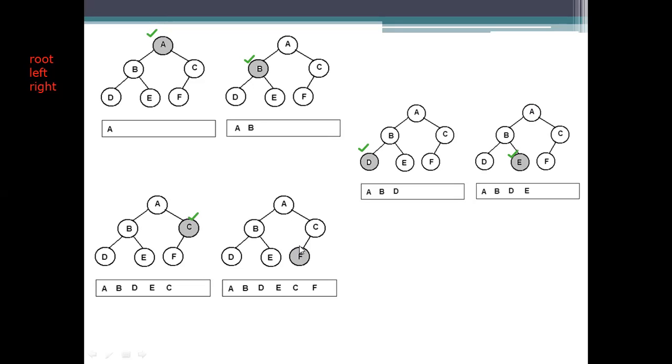So the order of evaluation here is A, and then D, and then it reached E. After that it has been processed through C, and then it has reached F here, and it stopped here because no other element is there. So it stopped the processing there itself.